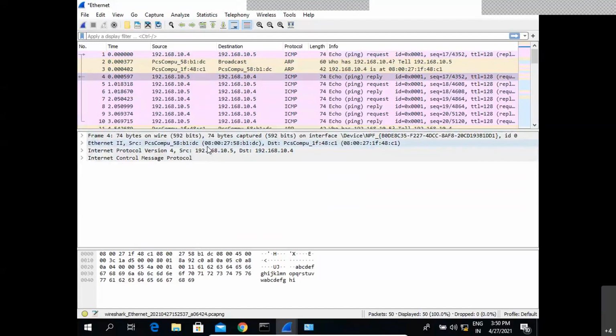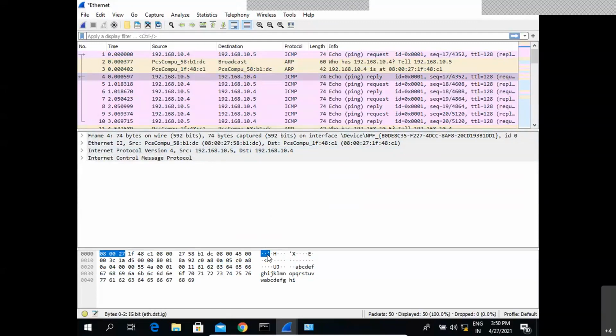So if we get a reply from the target machine, we come to know that that particular system is up. Or if we are unable to get the reply, we can judge that this system may be down. So we are using ping as one such command. I'm using ping space IP address, to find out whether this system is up or not.